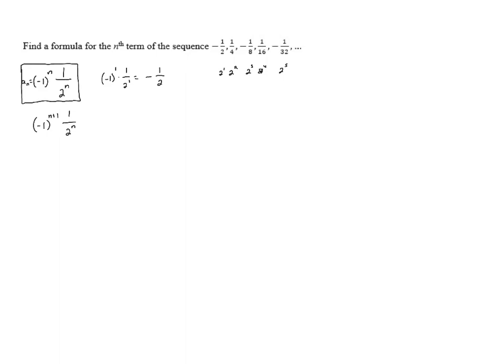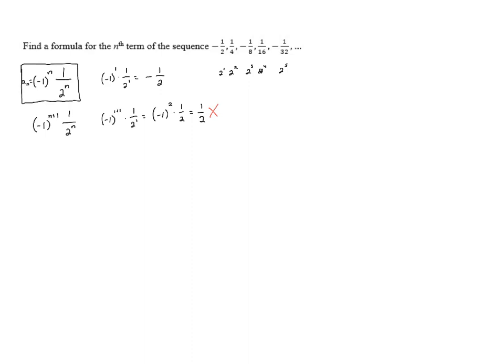And so it's going to be a sub n equals negative 1 to the n times 1 over 2 to the n. If we were to try the other formula for the first term, we'd have negative 1 to the 1 plus 1 times 1 over 2 to the first, which would be negative 1 squared times 1/2, and a negative times a negative is a positive, so we would end up with positive 1/2. Unfortunately, that does not match what the first term is for our sequence. We know it needs to be negative 1/2, so that tells us that we're going to have negative 1 to the n times 1 over 2 to the n.